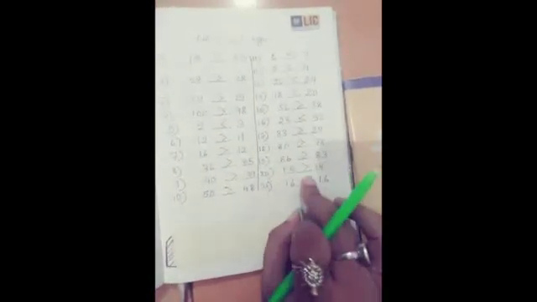6 is lesser than 7, 3 is lesser than 4, 22 is lesser than 24, 18 is lesser than 20, 56 is greater than 38, 23 is lesser than 32, 33 is greater than 29, 80 is greater than 78, 86 is greater than 83, 15 is greater than 14, 16 is equal to 16. So like this we can solve so many problems if we want.